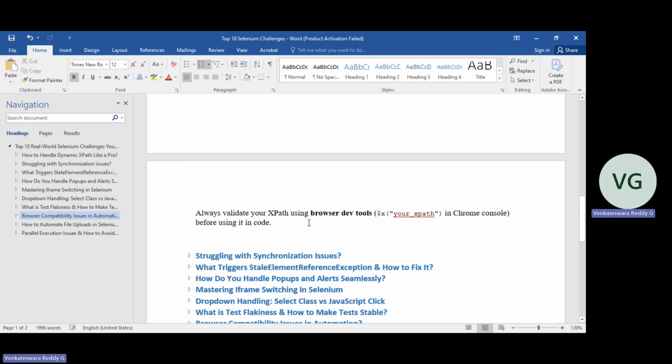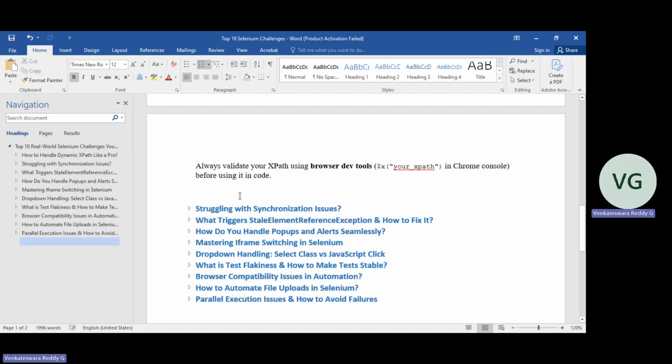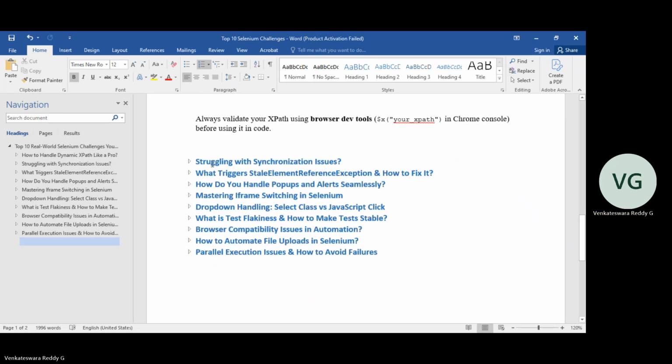If you want to validate, it's always better, before using it, to check in the browser whether it is correctly identifying or not. Right, this is the first challenge. That is the common daily challenge we get in modern applications. Then one more is